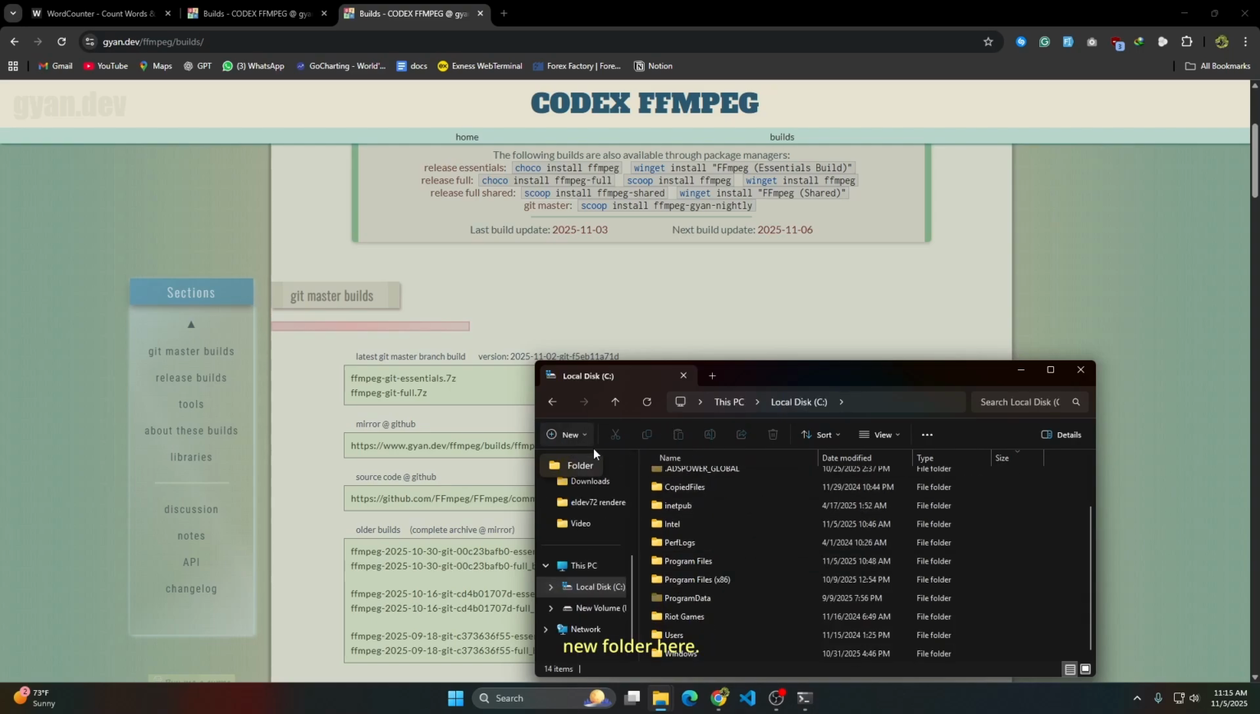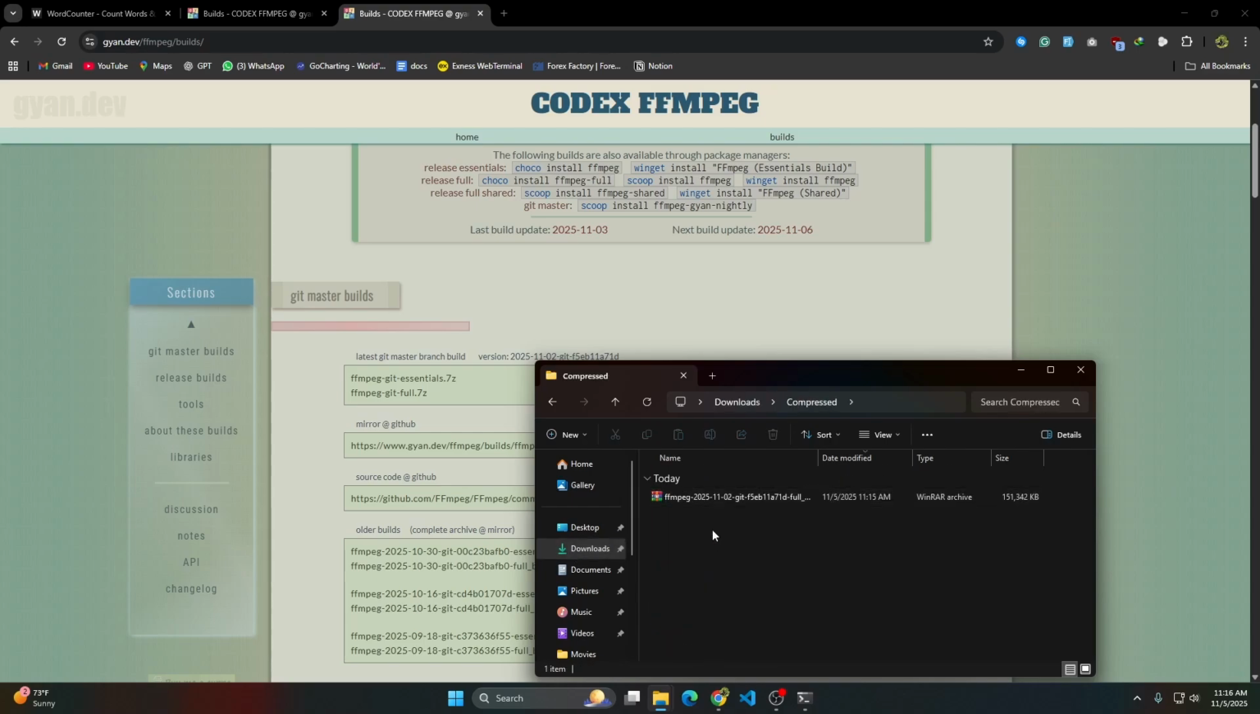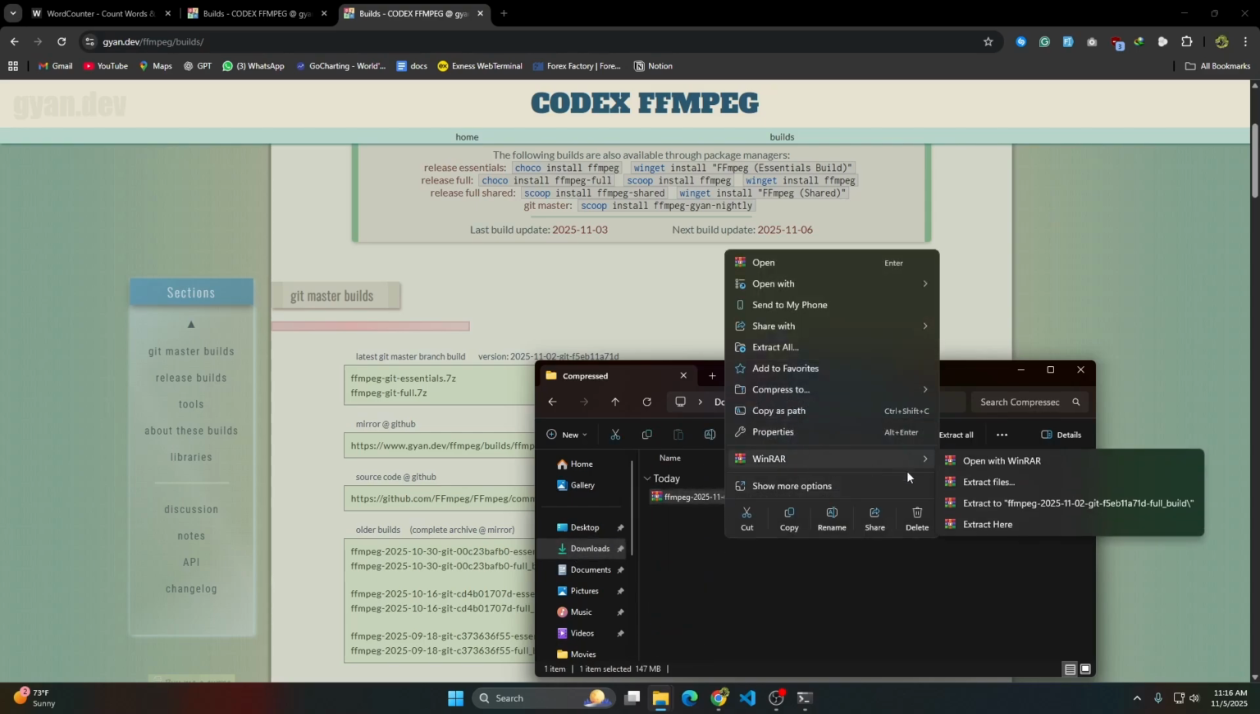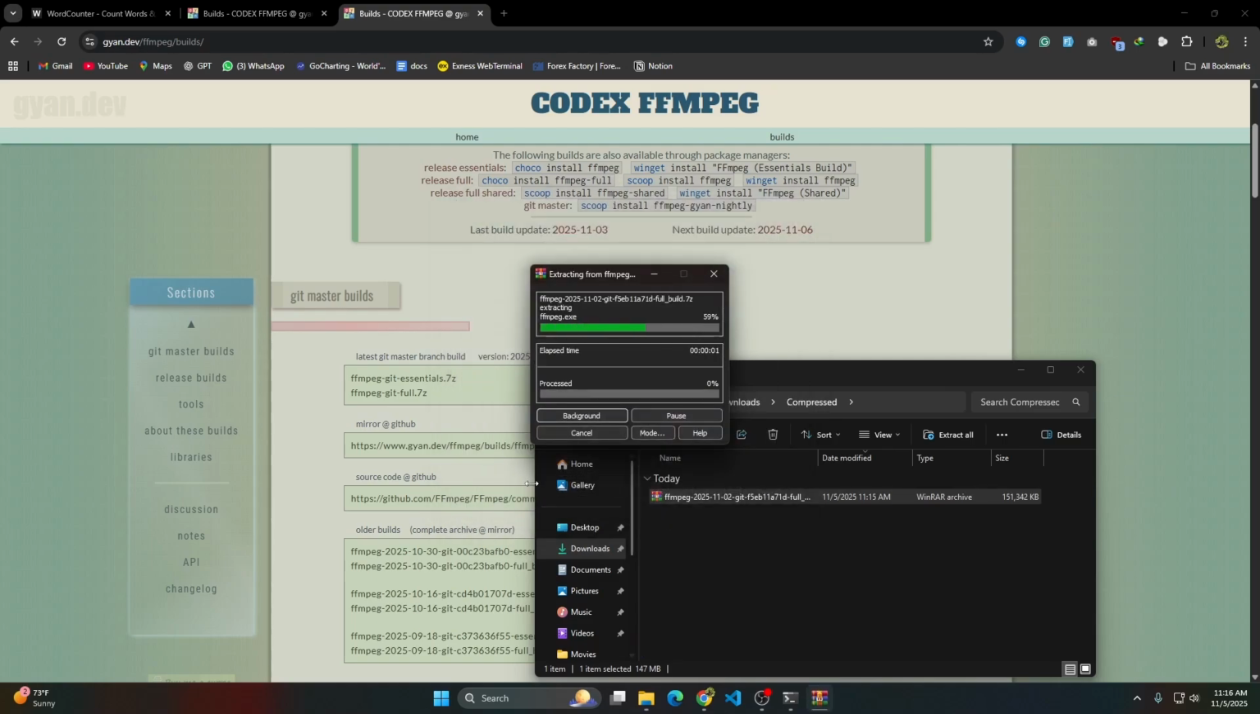Let's create a new folder here. Let's name it FFmpeg. So let's go to our downloads, compressed. From here let's extract files. Let's choose the path here, disk here. Okay,